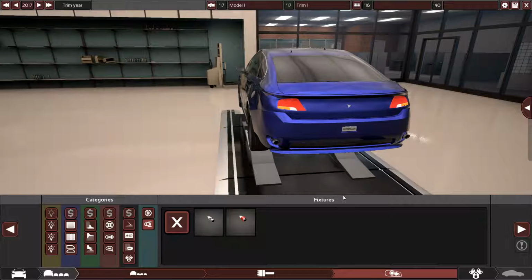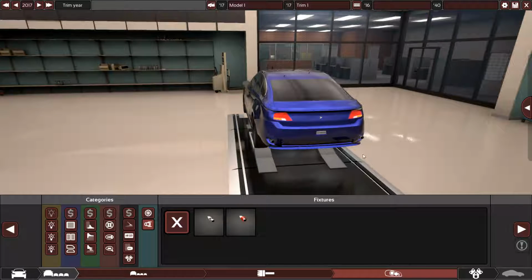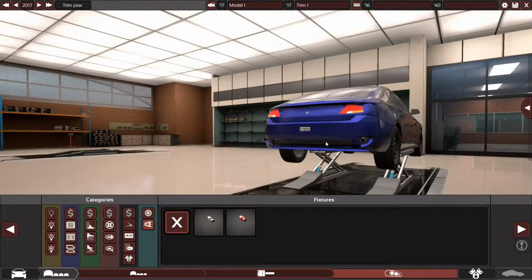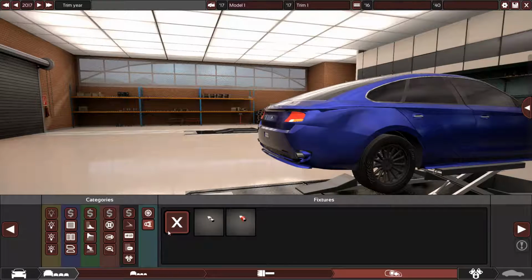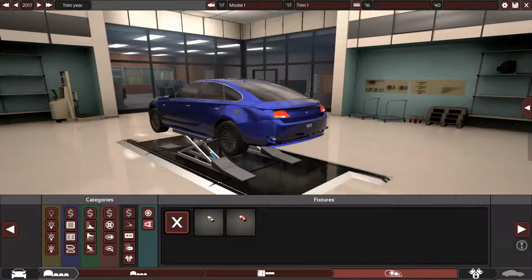Oh, I've buggered up the camera. Oh, for fuck's sake, I have as well. Nevertheless, that actually looks quite nice. So I'm going to go with the... you know what? Let's go with the unit...